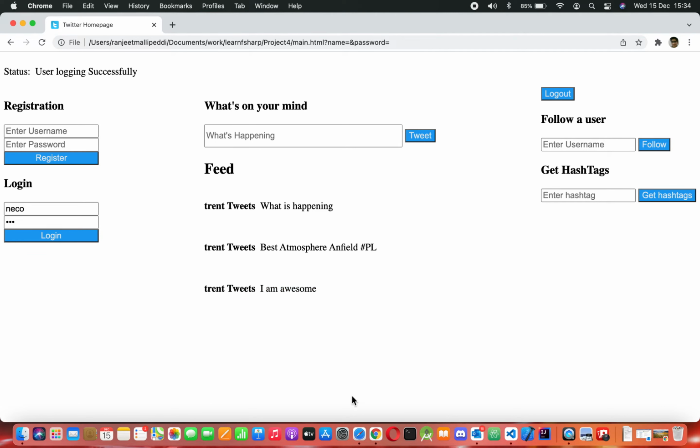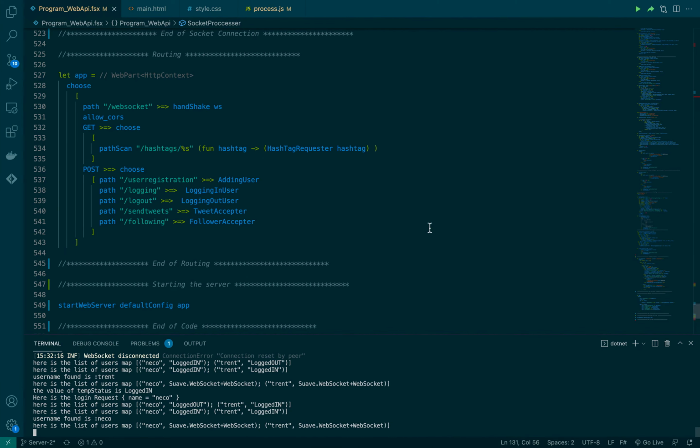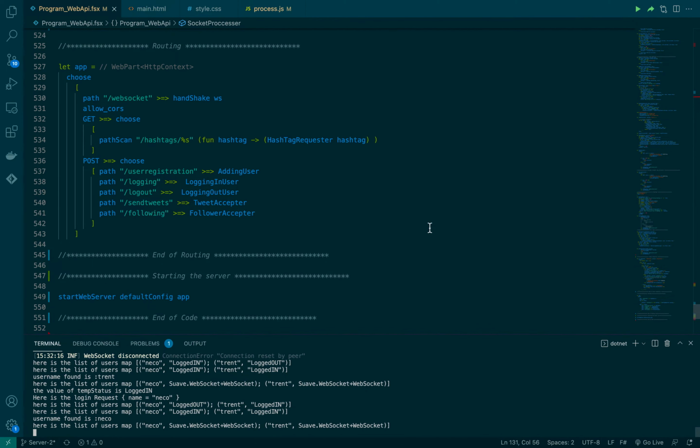So what we're doing is, if a user is not logged in, once he logs in, he gets all the tweets that he has missed in this while, like you have been out for a day and you want to know what's happening. This is how the user gets the entire list of tweets that he has missed, or the latest tweets that are happening. So that concludes the demonstration of the client and server, and I would like to quickly go through the